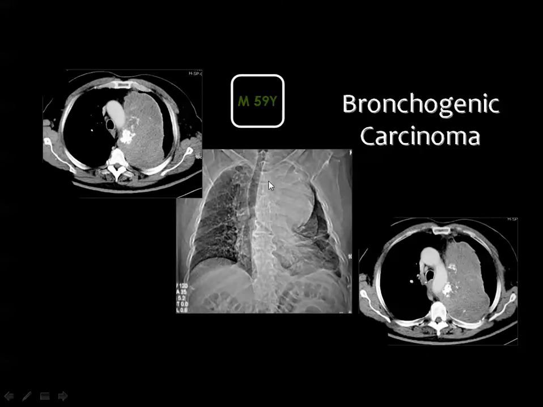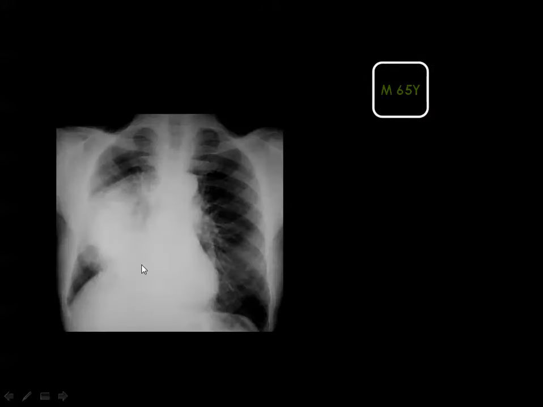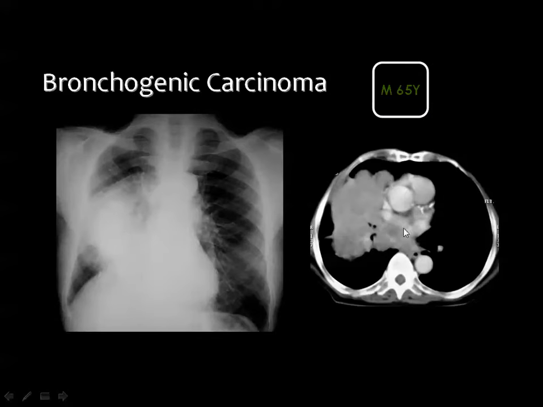Then if you see a mass like this and you do a CT scan, the mass is solid. It contains calcium, does not make a difference, and this is a bronchogenic carcinoma. The mass has a smooth edge, does not make a difference, this is a bronchogenic carcinoma. And if you see a mass in the lung and you see by CT scan that this mass is solid, then you consider a bronchogenic carcinoma if the patient is adult, because in the pediatric age group there are other